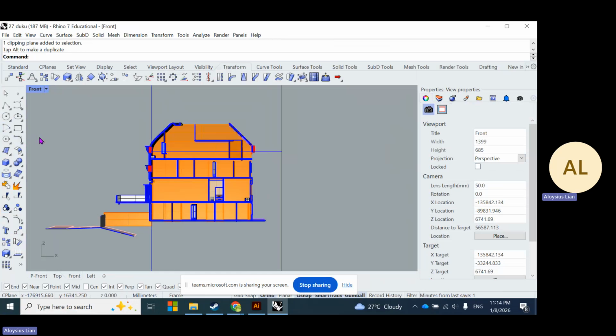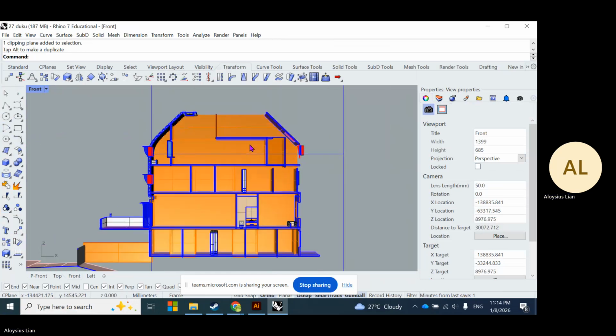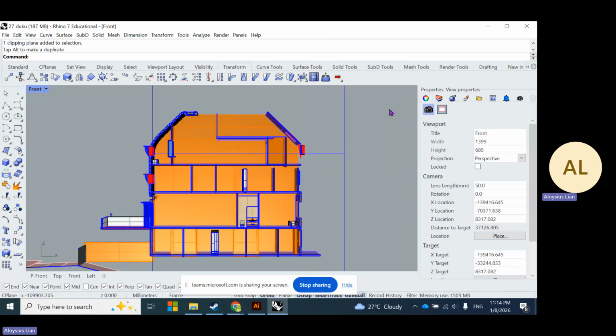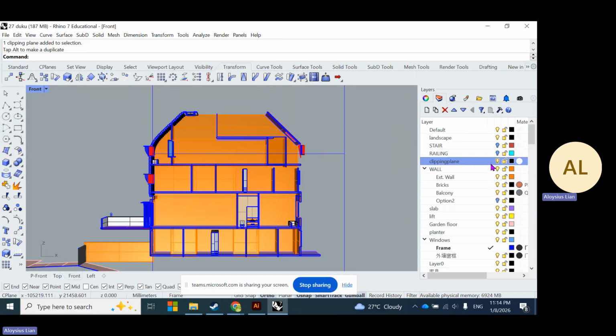So zoom in here. So make sure that this is the view that you like. Just change this to an easier model to make 2D. Not with the bricks, but with the curve. Okay, and then go back here,